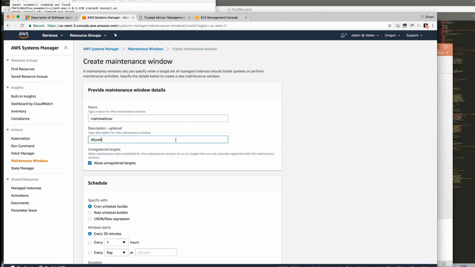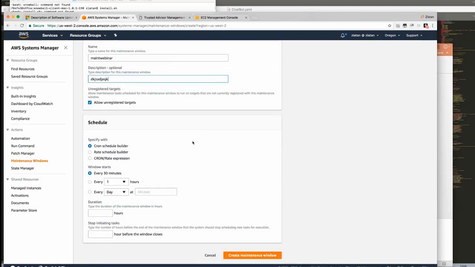and I'll say once again description optional, and then I can say, hey, I can use a cron job to say every 1 day, every 30 minutes, every so many days, and at which specific hour. I can say the duration of the maintenance window, which can be 5 hours. So let's say if I know it takes 5 hours to apply patches, or to download patches because there's so many, God knows,